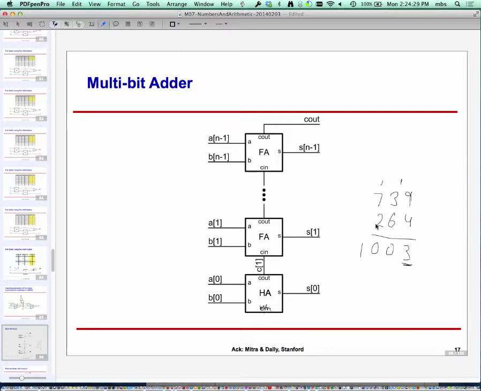This is another example of a bit slice type design. We saw bit slice designs for the arbiter. We saw a bit slice design for the magnitude comparator. This is an adder. If I want to create an arbitrary size adder, I just have to stack n of these